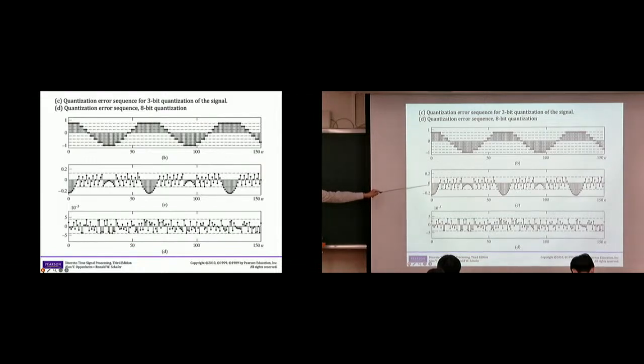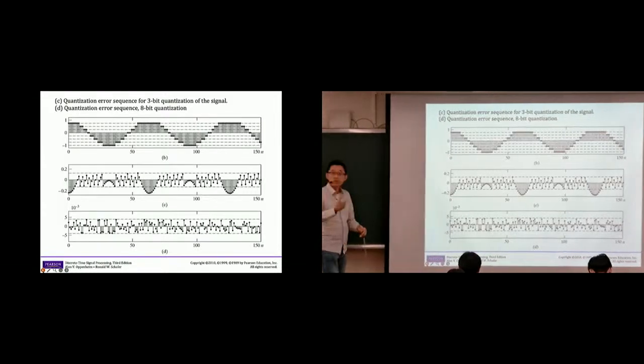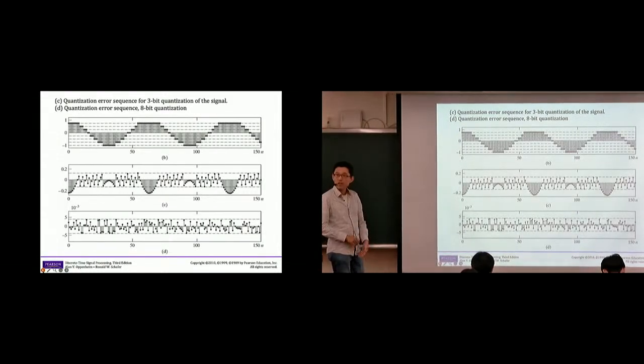Similarly, this is the result when we have 8 bits for each number. Immediately you notice that the approximation error is now much smaller compared to when we have 3 bits. With 8 bits, of course, you have a finer resolution, and a finer resolution gives a smaller approximation error. That makes a lot of sense.